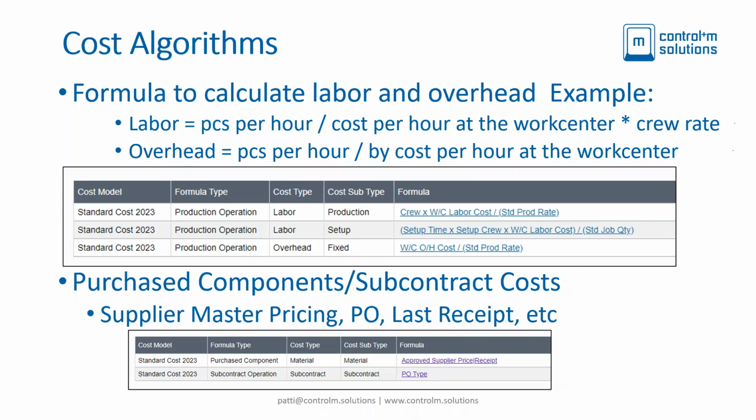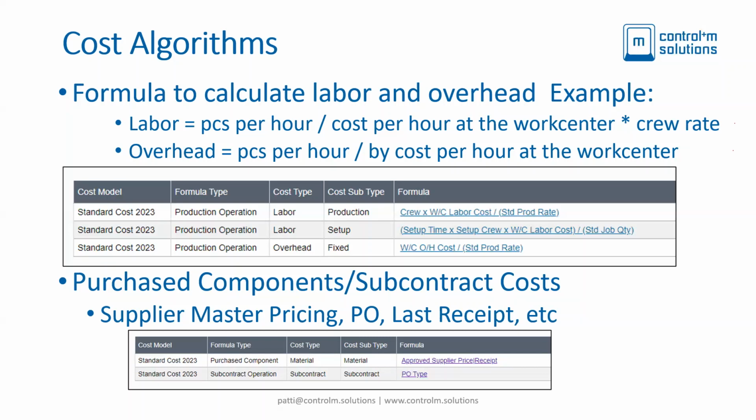We'll cover those on the next page. But under purchase components and subcontract, you might have noticed two things that you may not know exist. For example, under purchase components, you can see I have approved supplier price and then a pipe and the word receipt. Having that dual source means if I don't have an approved supplier price or supplier master price or supplier part price, depending on what version you're using, I can look at the last